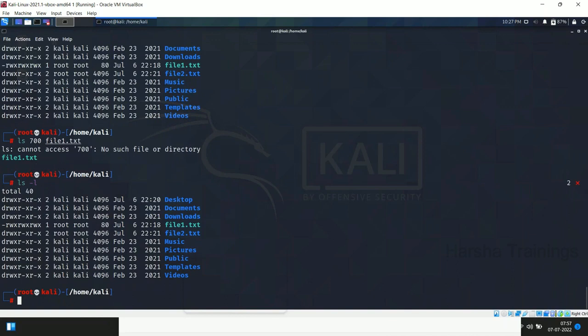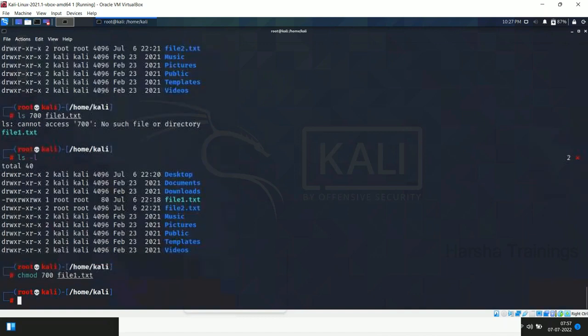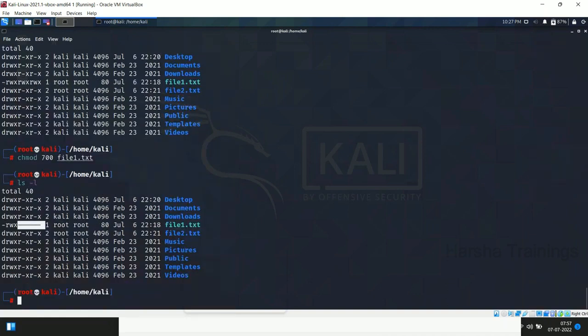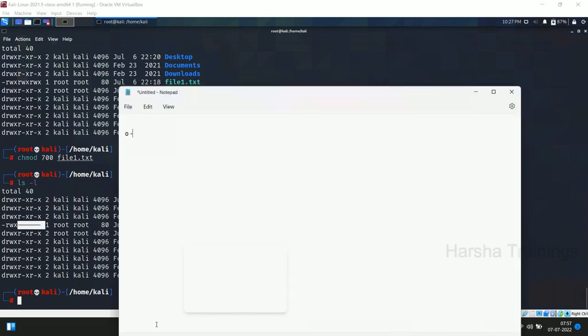Now you can see what happened. So let me give 0, 0. As I said, 0 is nothing but it's going to remove all the permissions. You can see it removed all the permissions for the other 2 users. So, okay, that is fine. Now if I give 1, which is execute,